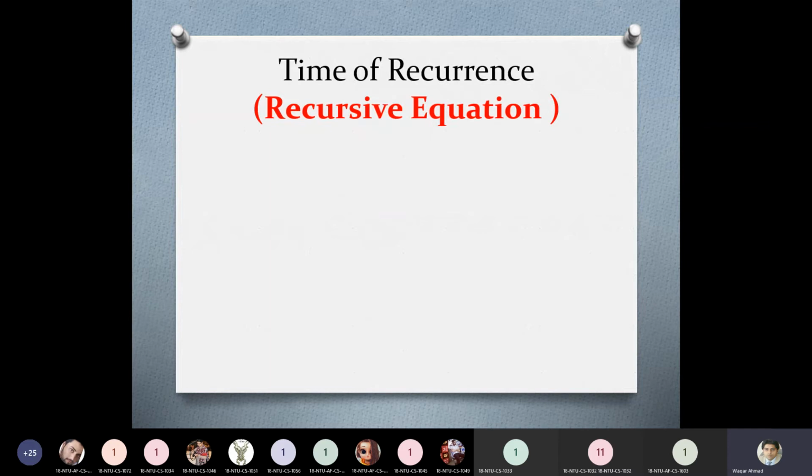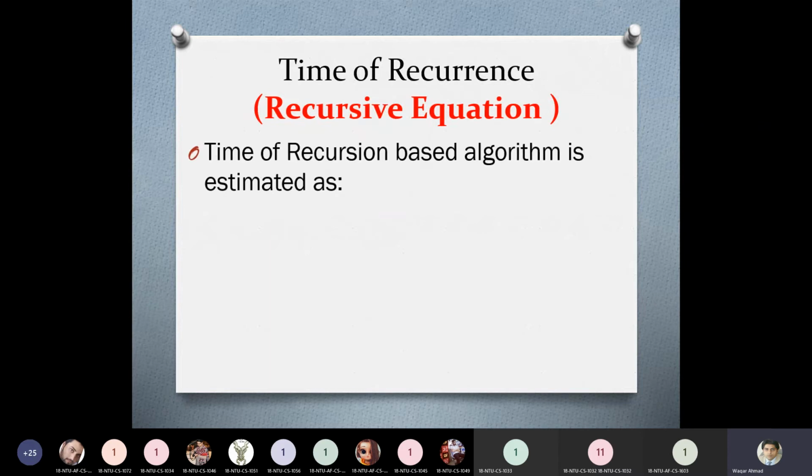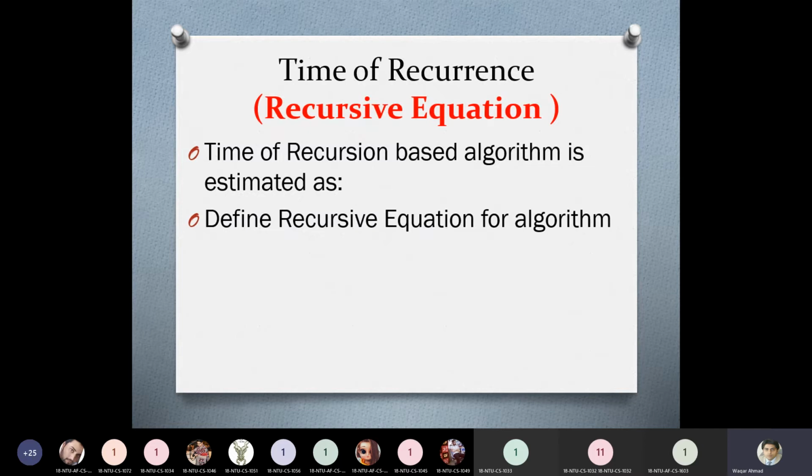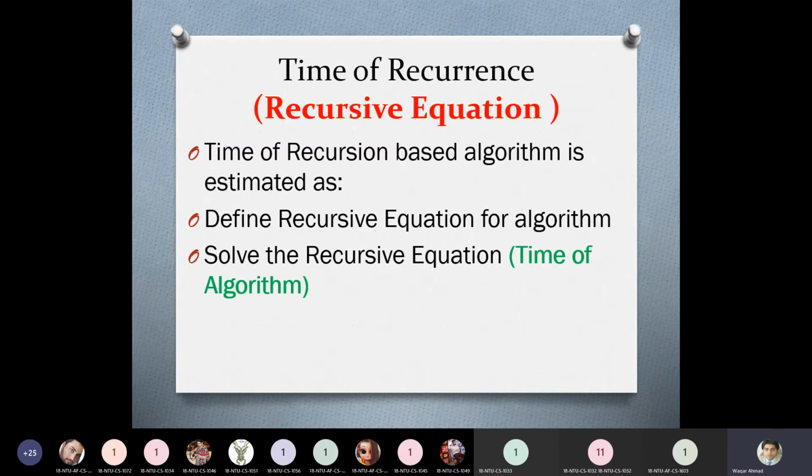Time of recursion based algorithms is estimated as follows: first define the recursive equation for the algorithm. Whenever we have a divide and conquer strategy based algorithm, first we convert the algorithm into a recursive equation, and then we solve the recursive equation. The second part is solving the recursive equation, and solving means analyzing the algorithm or calculating the time of the algorithm.